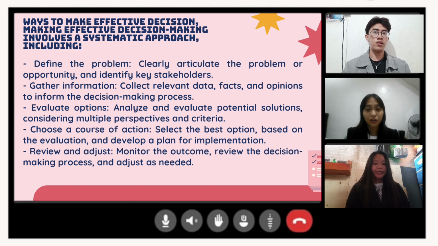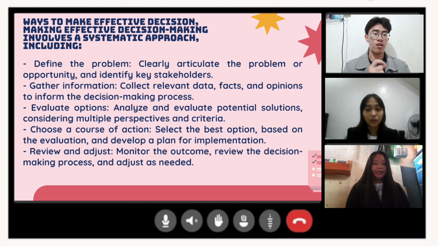Effective decision making involves a systematic approach, including number 1, define the problem. Effective decision making starts with clearly defining the problem or opportunity. This step involves identifying exactly what the issue is, who is affected, and why it matters. Kapag clear ang problem, mas madali itong masolusyonan. You should determine the goals na gusto mo ma-achieve and malaman kung ano yung magiging epekto ng decision mo directly